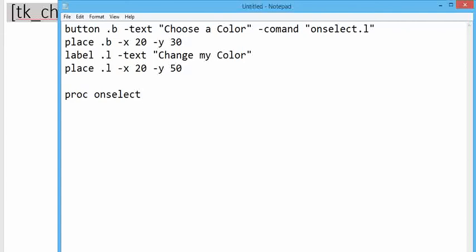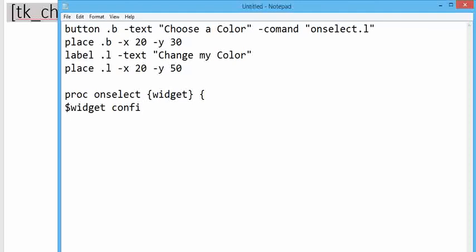Now in this on select, this procedure is going to call a widget label. Here I am going to use the dollar widget config.